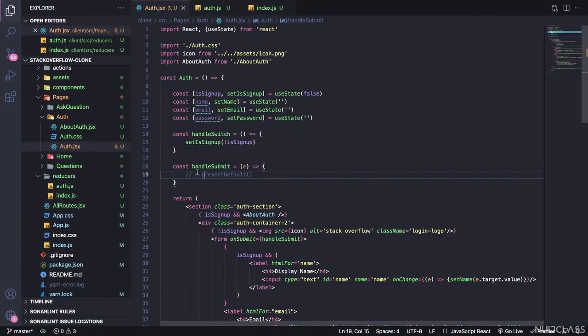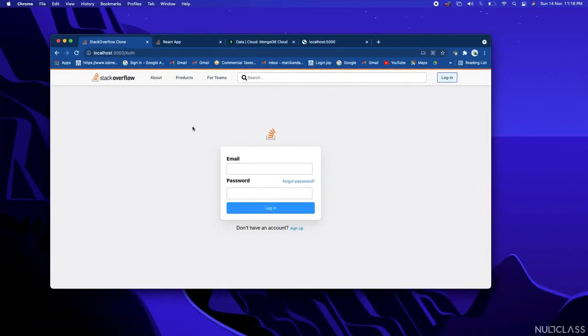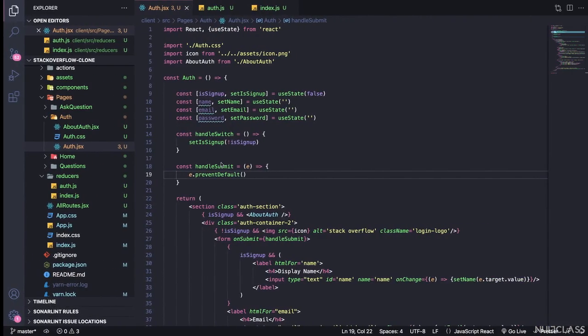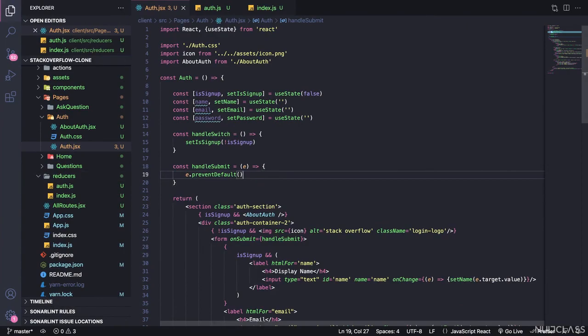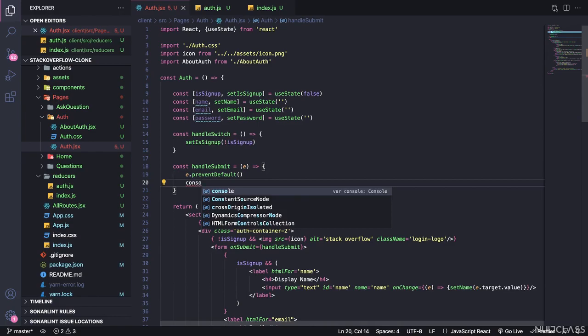These are the default things in the browser. So to eliminate that, we are going to prevent the default. Now if I click this login, 3, 2, 1, and I have clicked it, but there is no refresh or anything in the URL. So that's what we need. So we have prevented that now. After preventing that, first let me just console log all the data which we get